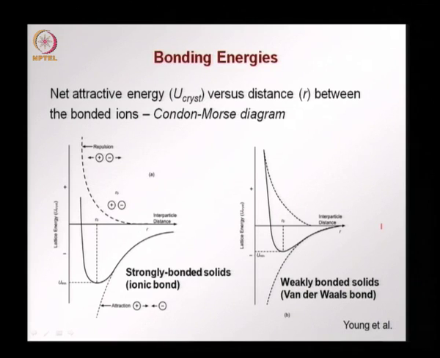Now, let us look at how these bonds, the type of bond, and the relation between the potential energy and the interparticle distance affect the properties or the behavior of the material. So, if we look at an ionic bond, a strongly bonded solid that you see on the left,